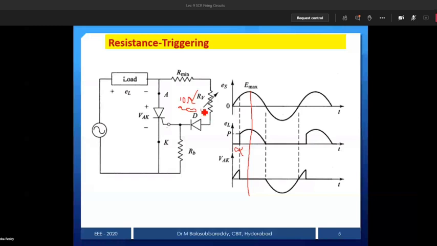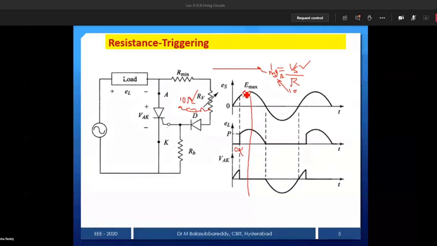To reach Ig minimum, we require more source voltage, because current I is equal to V by R, no? The denominator is more. To reach Ig minimum is very simple logic here. This Ig minimum value is fixed, and now it is supply divided by resistance. At first instant the resistance is 10 ohm, and let Ig minimum be 2 milliamperes of current required. If we multiply these two, we get the voltage required to trigger. If the source reaches that voltage, the device will trigger.